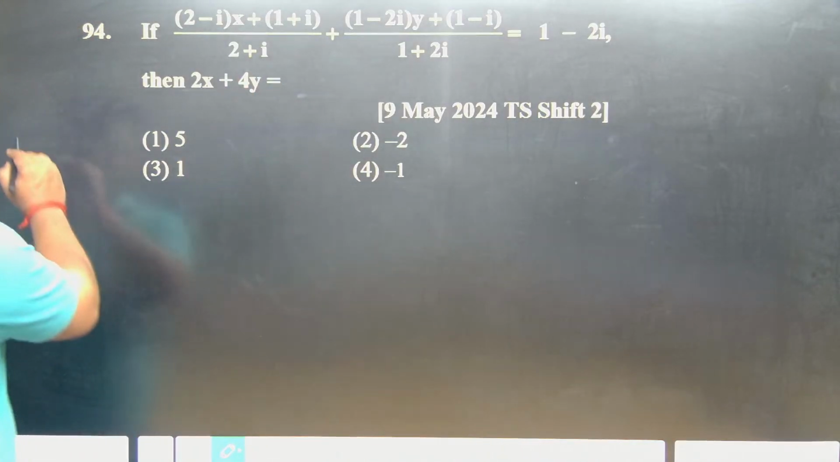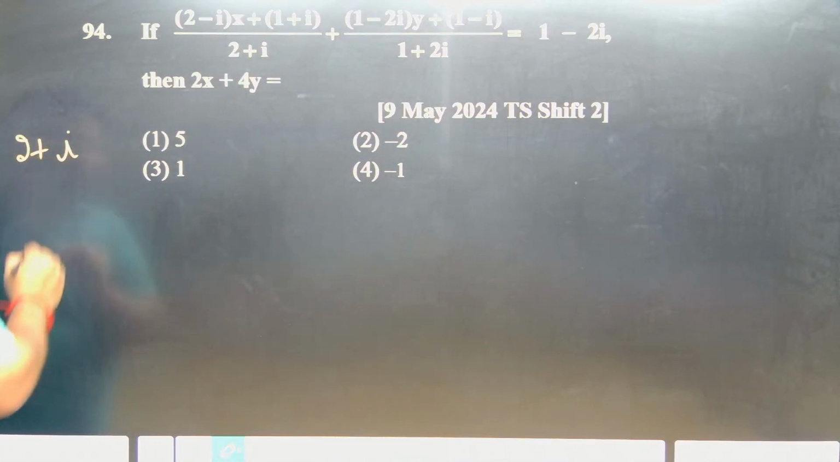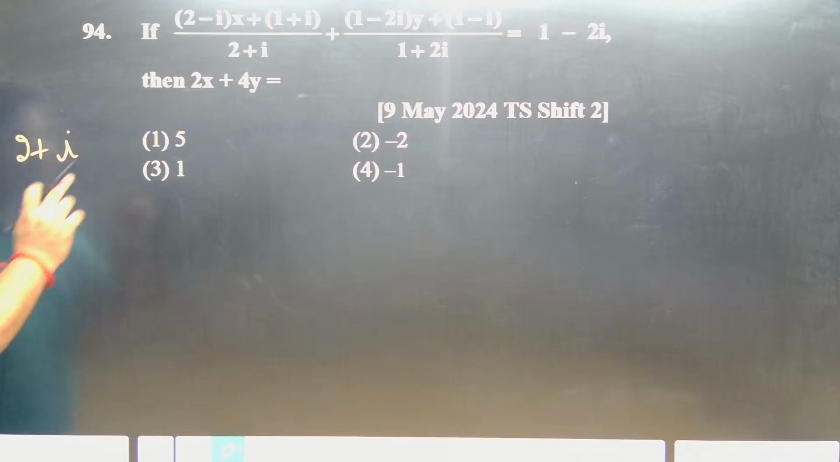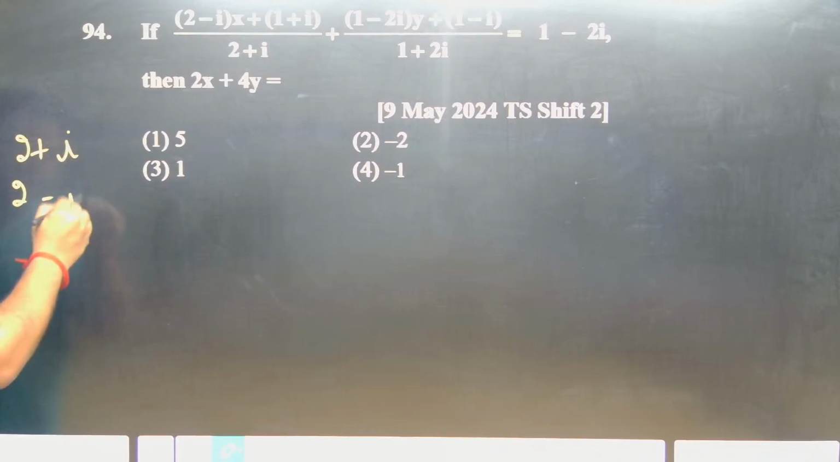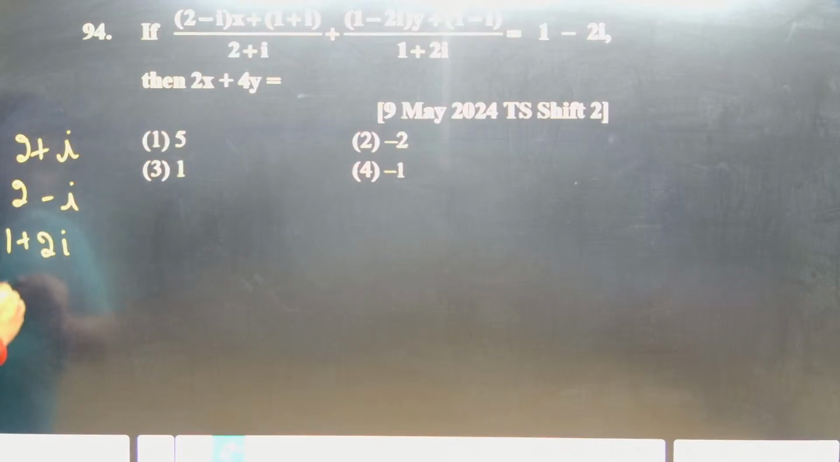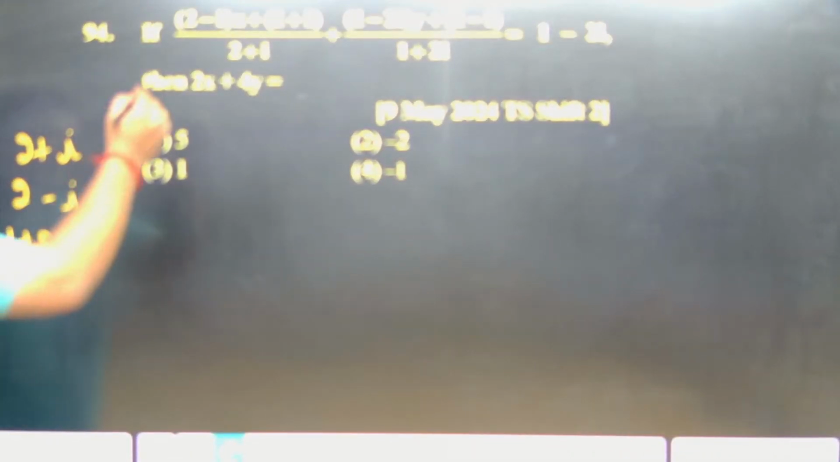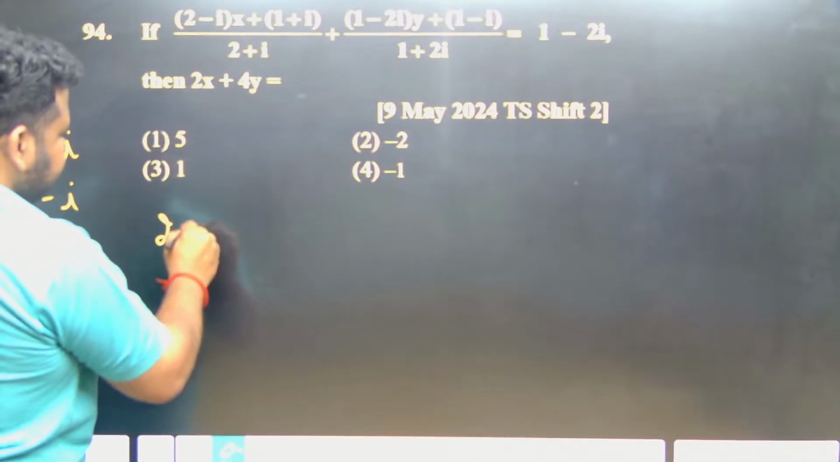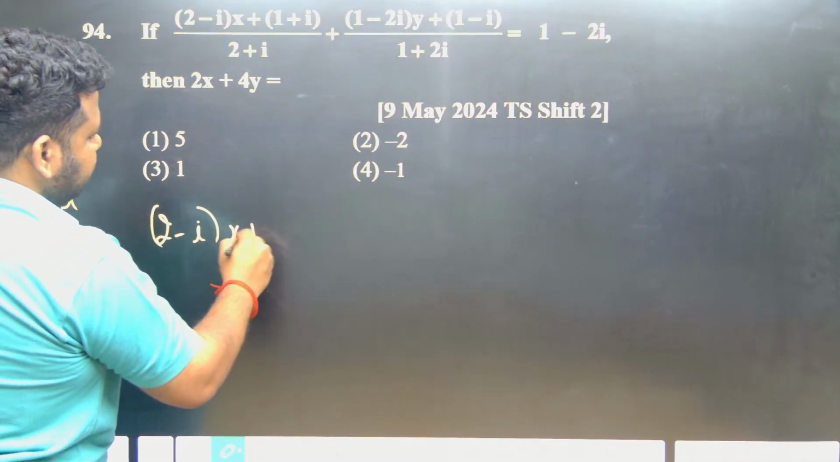So if 2 + i is the complex number, its conjugate is what? Only for the imaginary part, change the sign. This will become 2 - i. The other denominator is 1 + 2i, so its conjugate is 1 - 2i. So let us take up the question, that is (2 - i)x + (1 + i)/(2 + i)